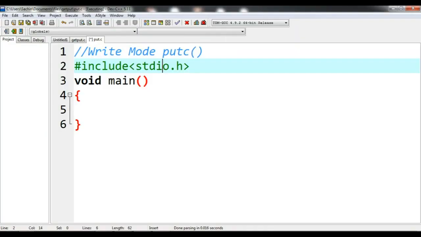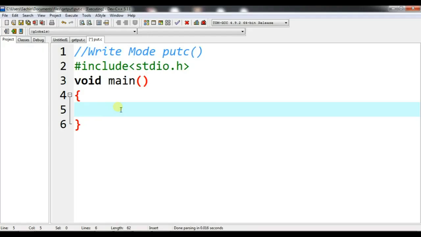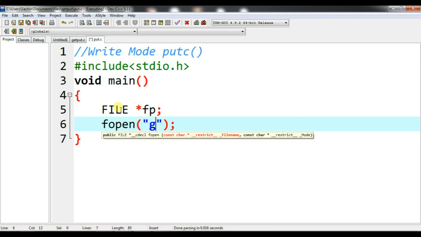I have saved this program as put.c, and there is no text file present. Let me write the program. First we need to declare the file pointer, then I need to open the file. Let me give the file name as getput.txt. This file name can be anything, no problem.